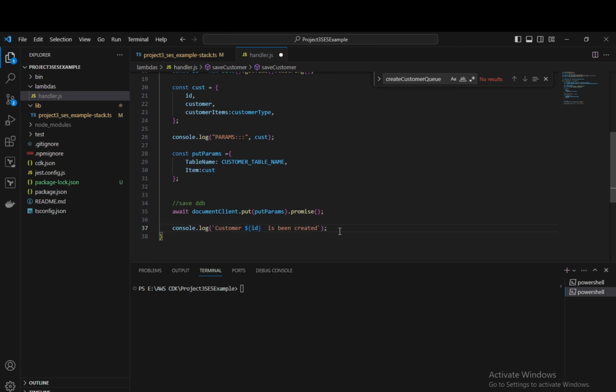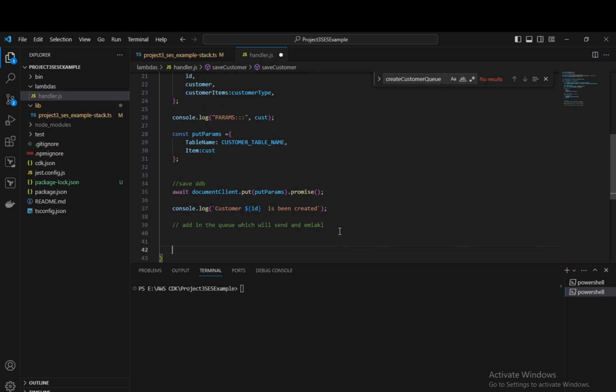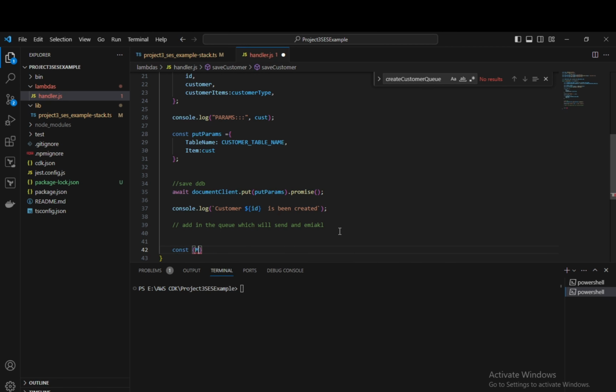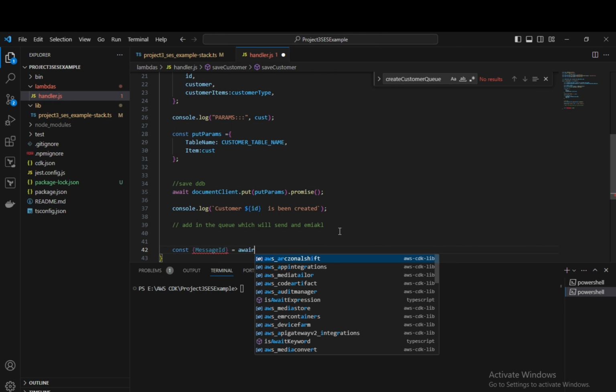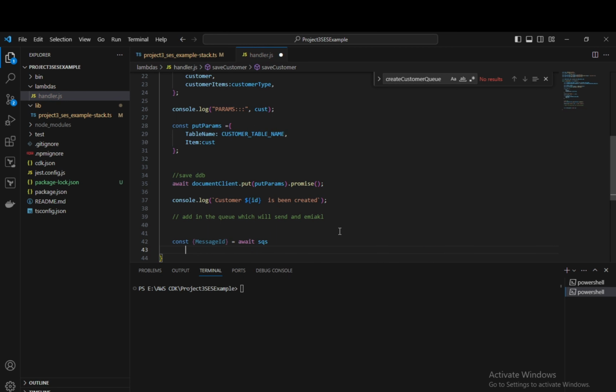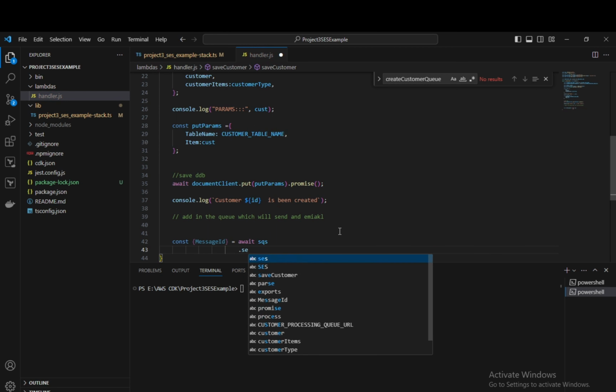Okay, now let's add in the queue, which will send an email. Okay, now first we will try which will have a queue URL and a message body. Okay, so const, we have something called message ID, which has an await SQS dot sendMessage,